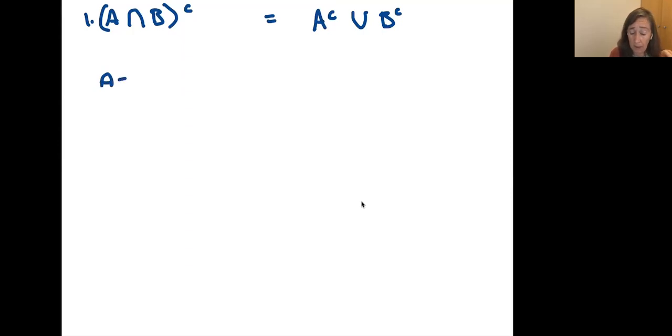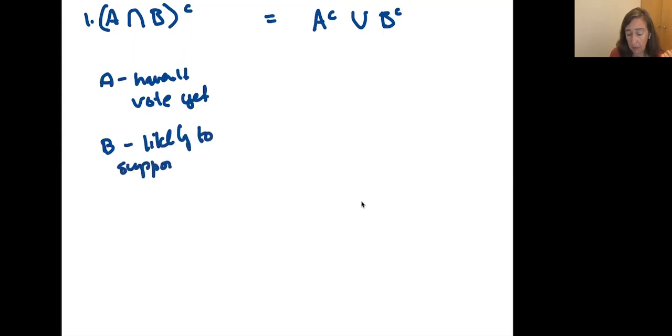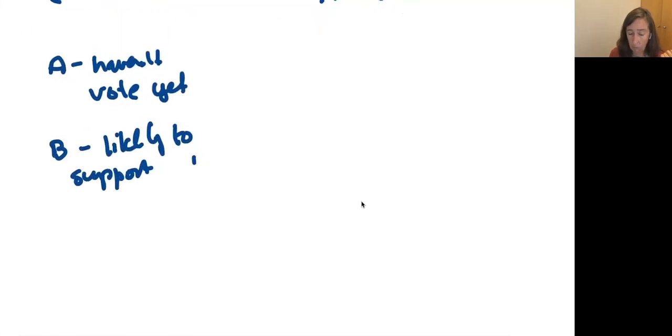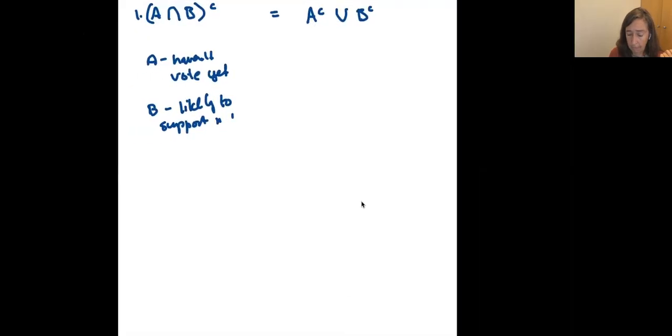One, A, is they haven't voted yet, and B is they are likely to support my candidate. Okay. So the people whose doors I want to knock on have both of those